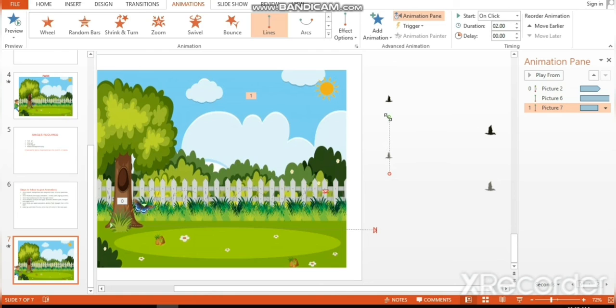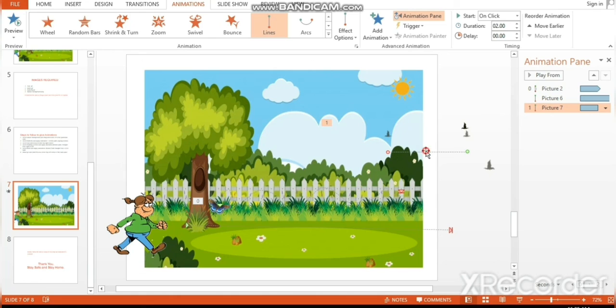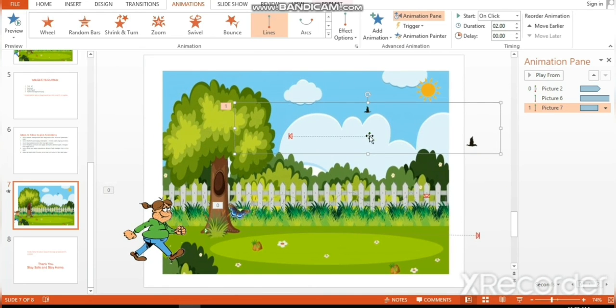So adjust the line, make it move up. Do it slowly.